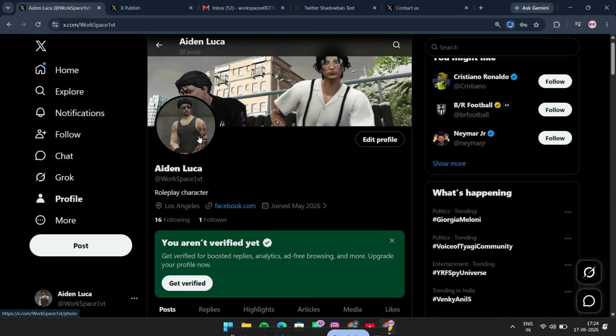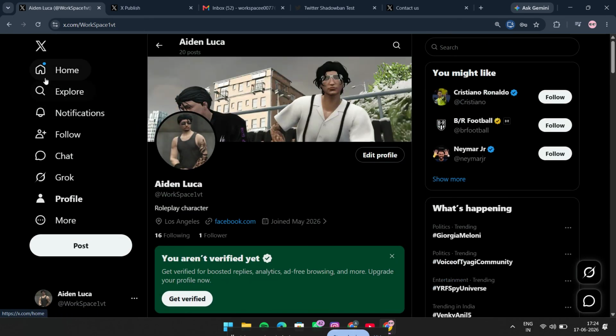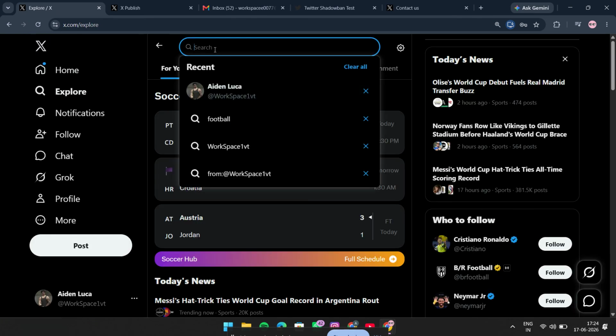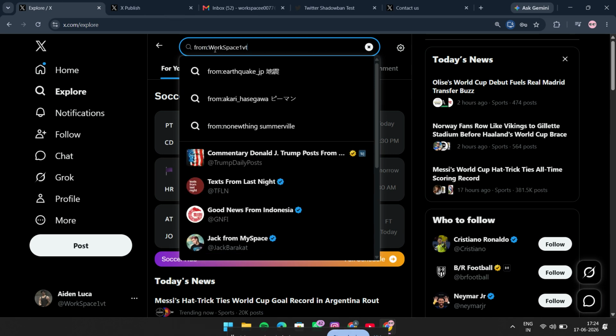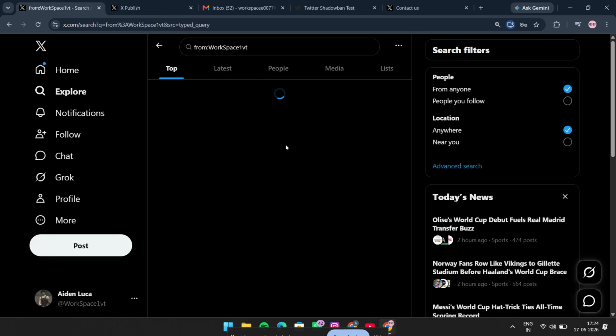If you can see your most recent posts appearing normally, that is a good sign that you are not shadowbanned. It means X is still indexing and displaying your content in a way that users can find it. In most cases, if your latest post shows up when you search your username, your account is not being hidden